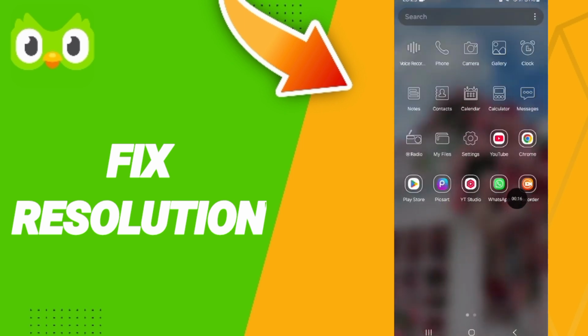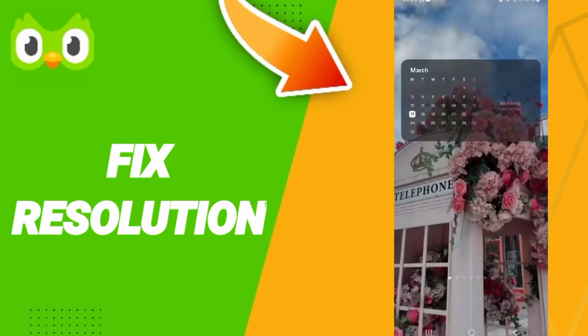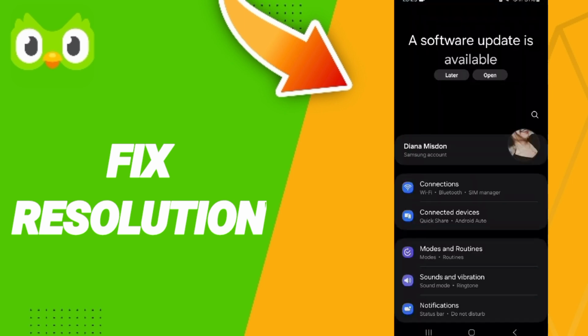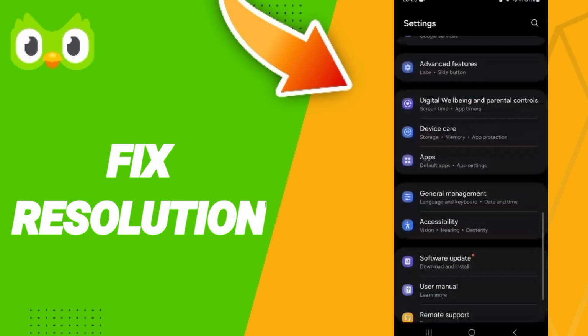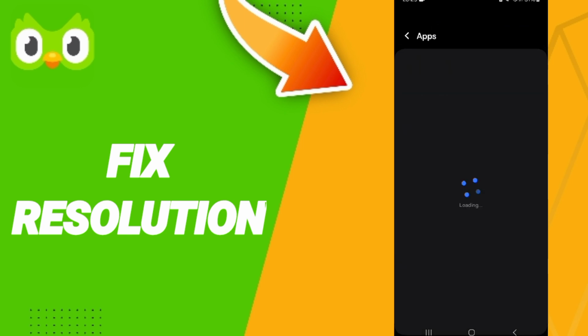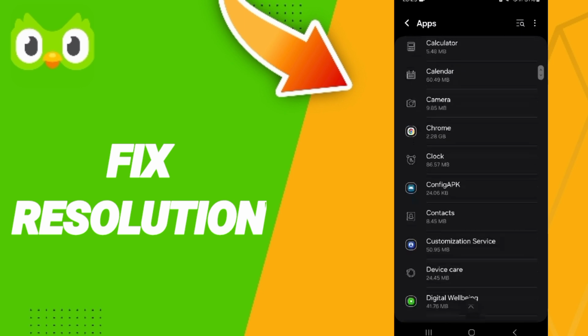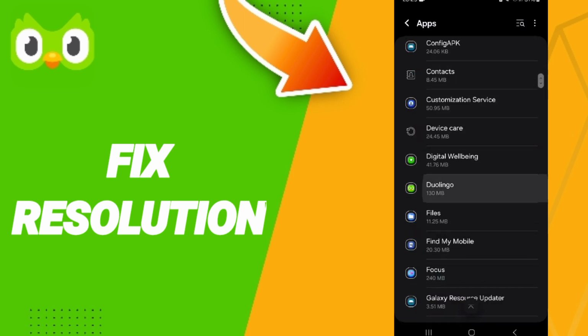We click on settings, here, we go to this sign. Then here on this page we click on apps, default apps, app settings. In this list you will search about the application of Duolingo and you will click